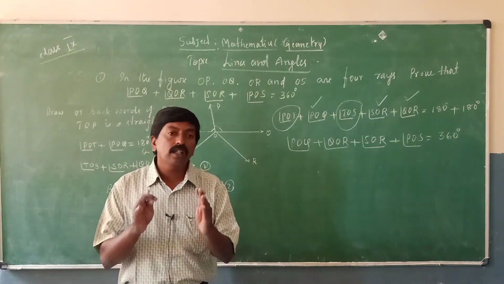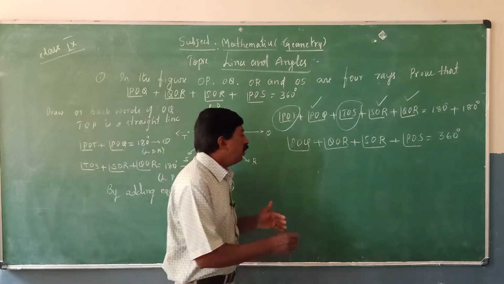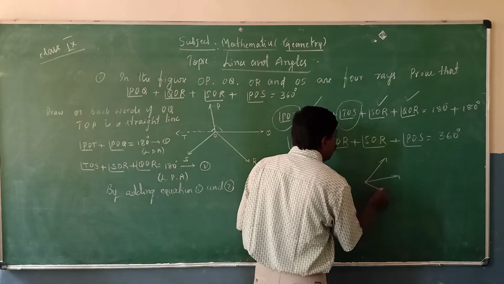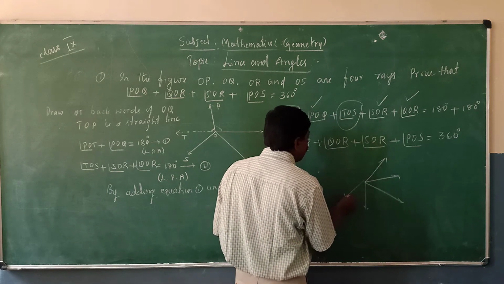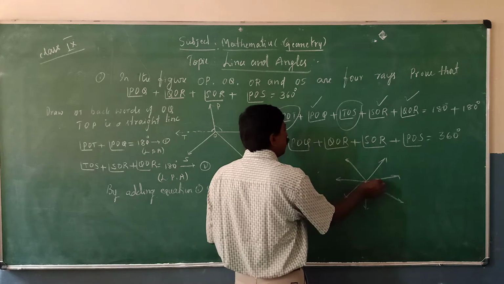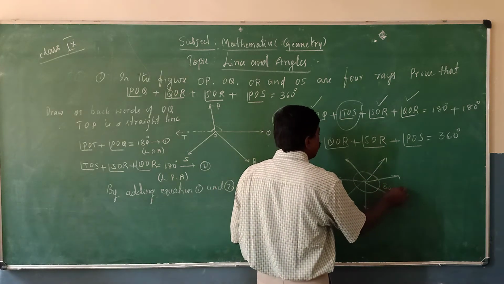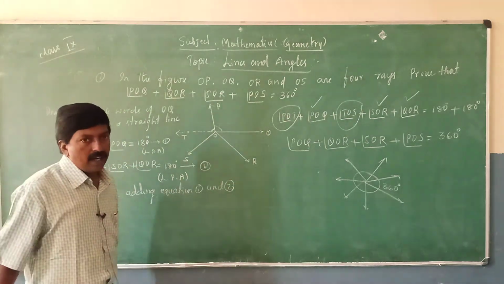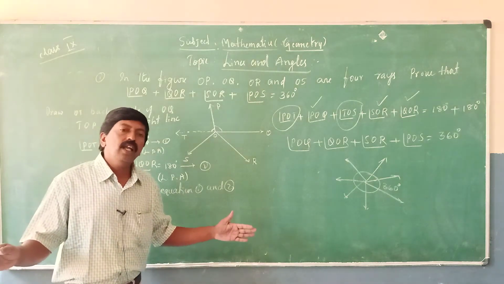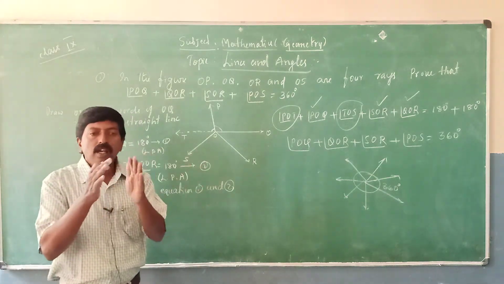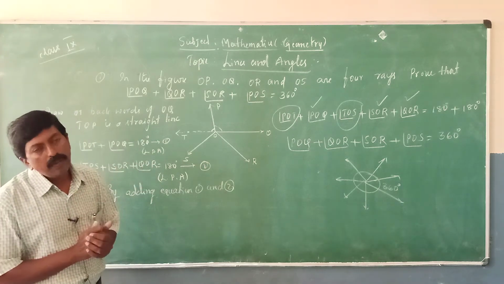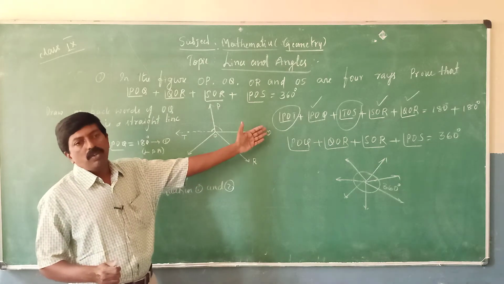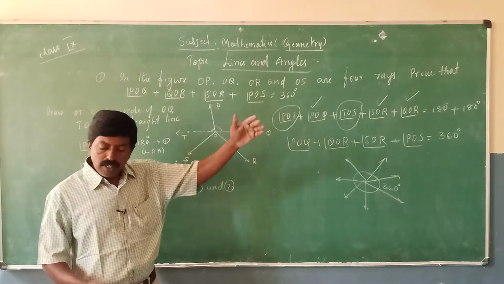By this, we got that when a point is considered, any number of rays you can draw like this, the sum of the angles is always 360 degrees. So that is the interior angle of a circle. Here we made a straight line, and on that line we clearly made the linear pair of angles. So by this way you can solve the given question. Thank you. Next we can proceed to the next problem.